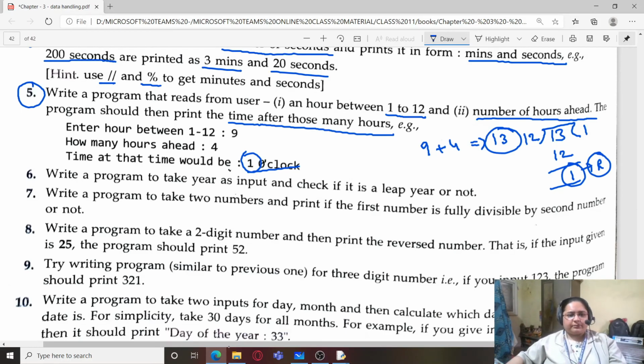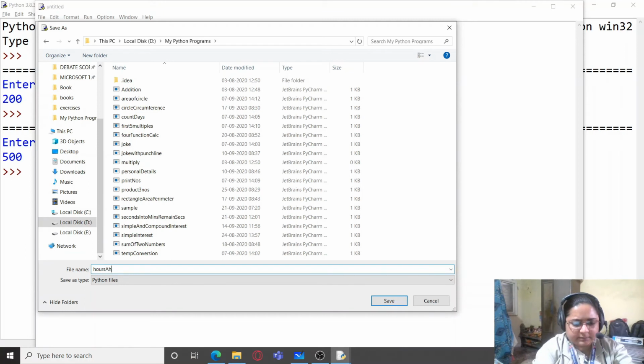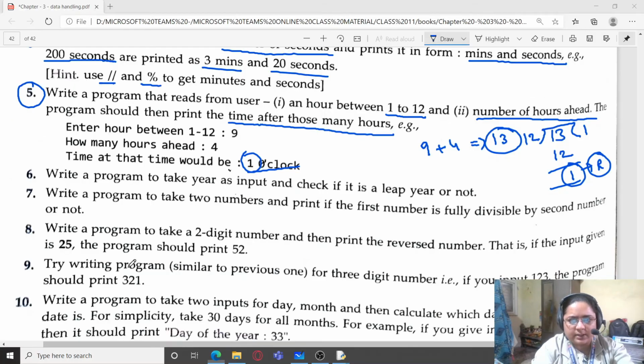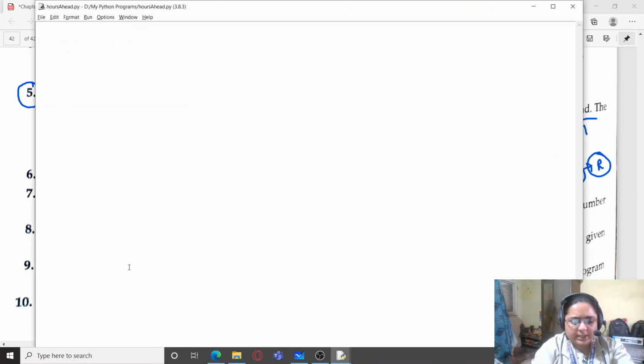Okay. So let's do this program, hours ahead. Let me first ask from the user how many hours. So here it is, enter hour between 1 to 12. I'm entering it in the same way.